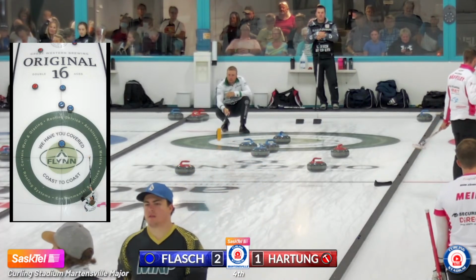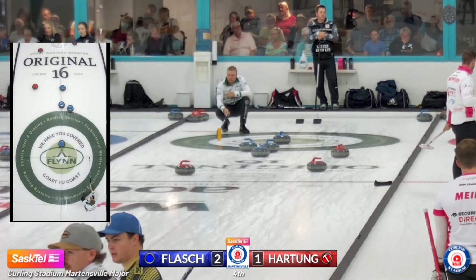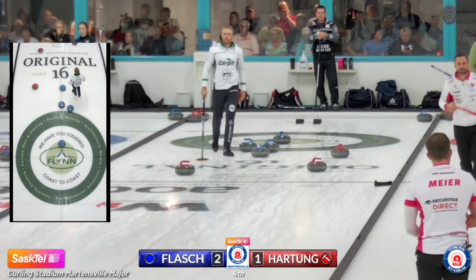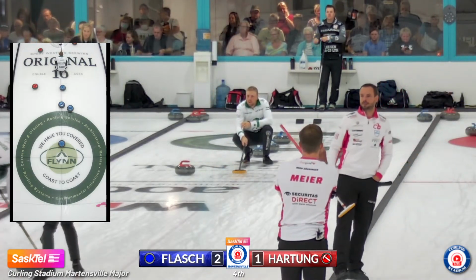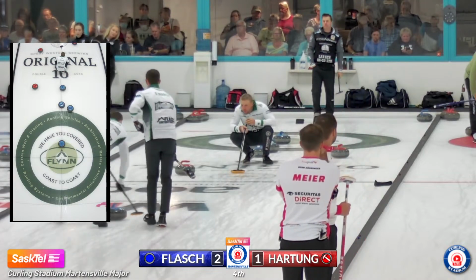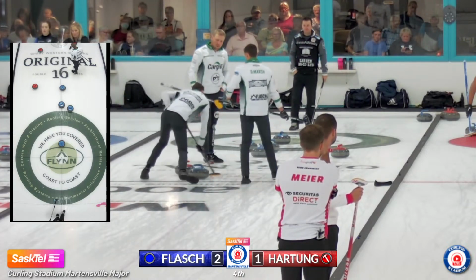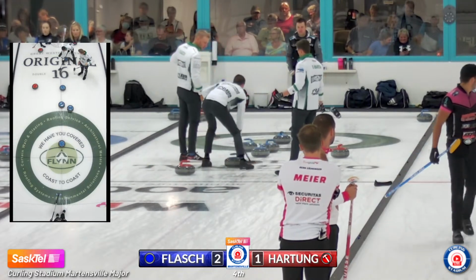The other thing for the Hartung foursome on that run back attempt, the shooter didn't roll very far. He might have had a double available on the 2 stones in the rings before. I don't know if he can see enough of that stone that's just biting the 12-foot now. Looking to replace the high guard. Having to sweep to get a little extra curl here. Does need to protect